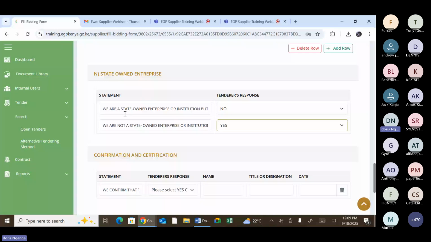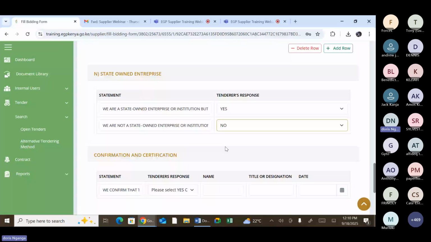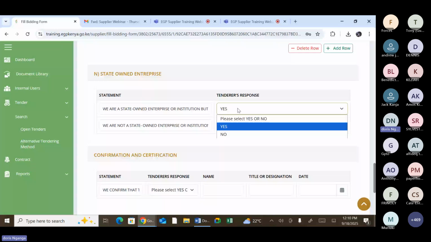let's say, for example, the hotels that are operated by government through the Ministry of Tourism, or the Kenya School of Government that is owned by the State Department, that normally also gives conference facilities. So if we are a state agent, if those people have logged in, your answer will be yes and no, because you are state owned. But since in my instance, I'm a private company, I'm going to say no, and automatically here it's going to